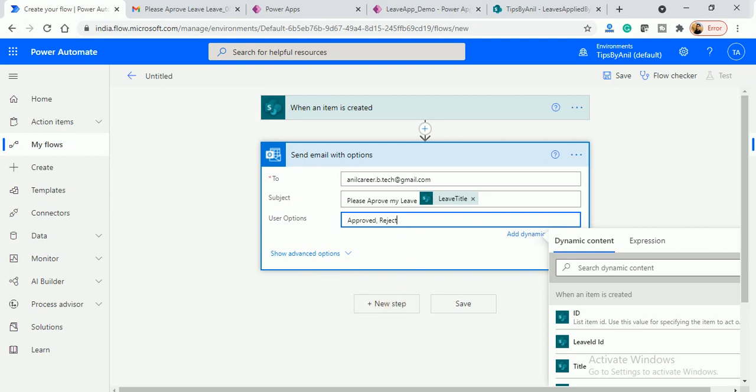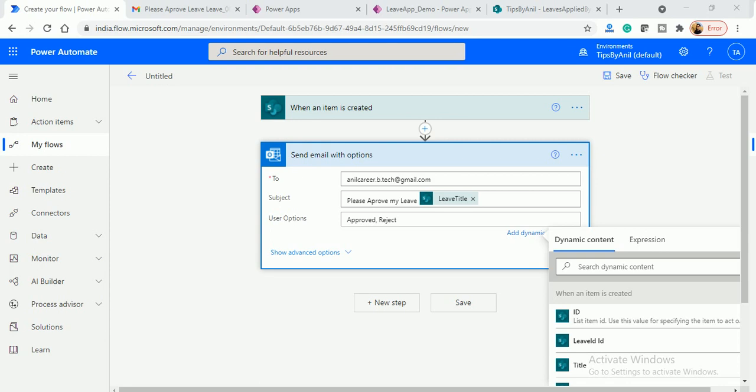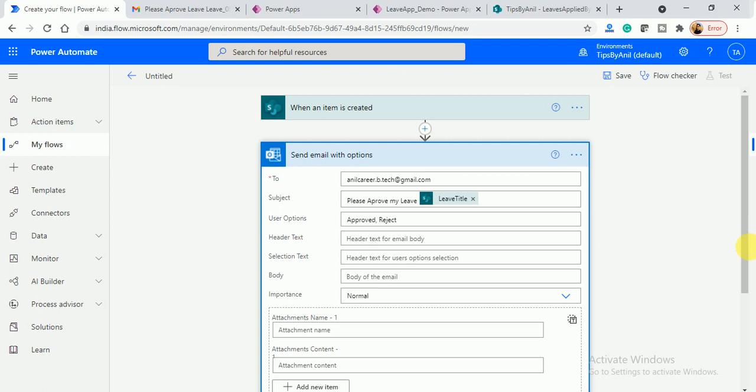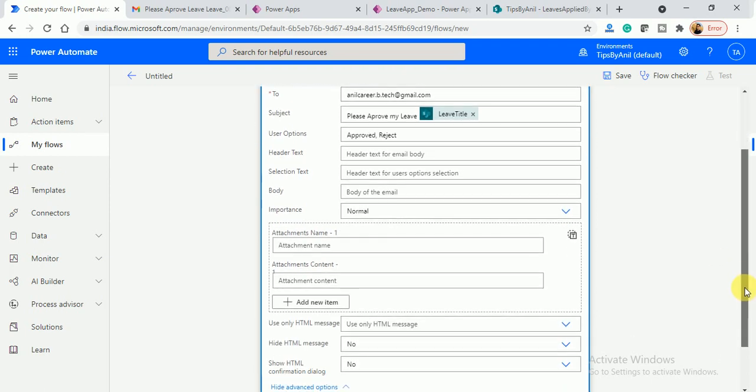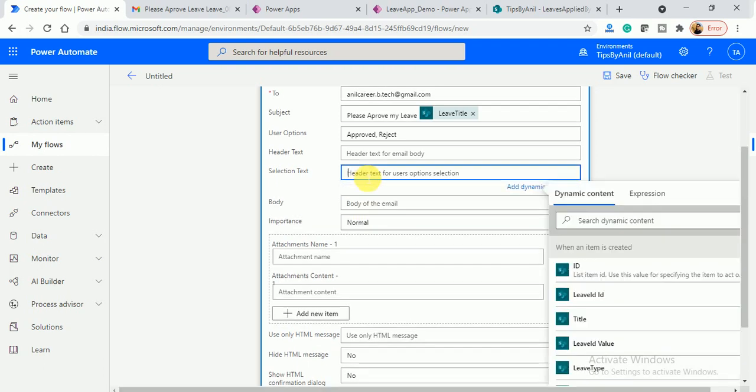Now in the next step, I will show you the advanced options. In advanced options, for header text I will not choose anything. The body I will create, and in select text I will let you know what is shown in the email: please take an action.